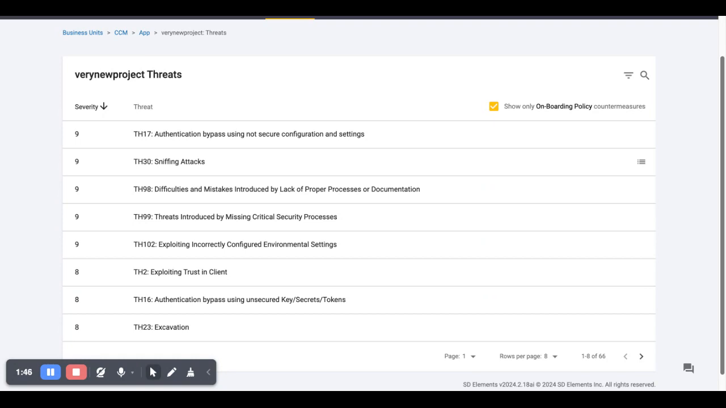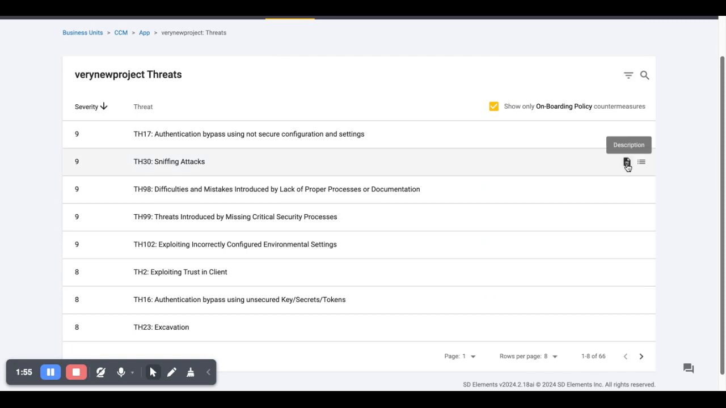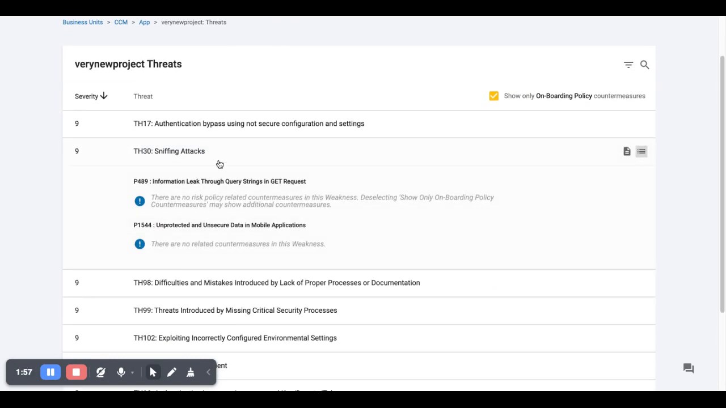So let's look at some of the threats that we've identified for this project. Here we've applied a risk policy that matches our organization's tolerance for risk. And when we open up this threat on sniffing attacks, we can see that the vulnerability and its security controls to solve that vulnerability do not meet that risk policy level. So we do not need to act on this threat. However,